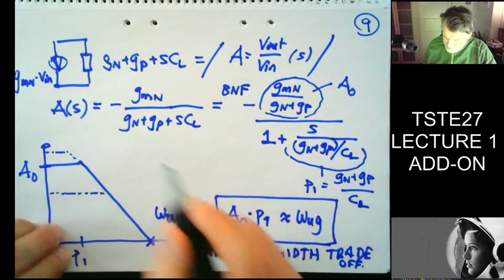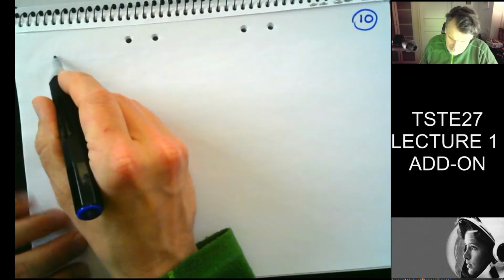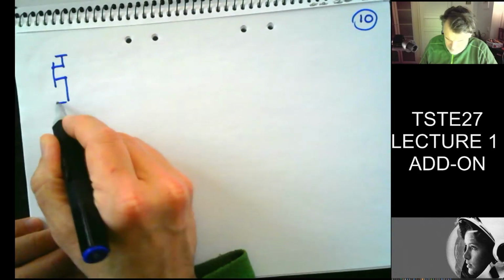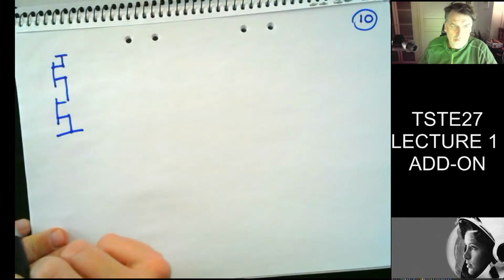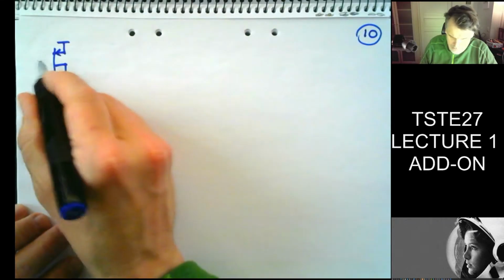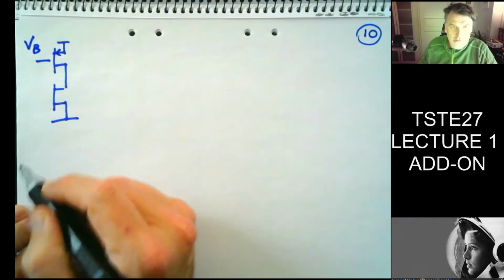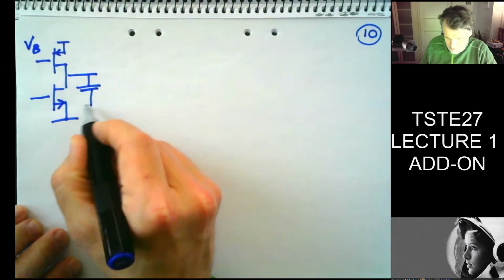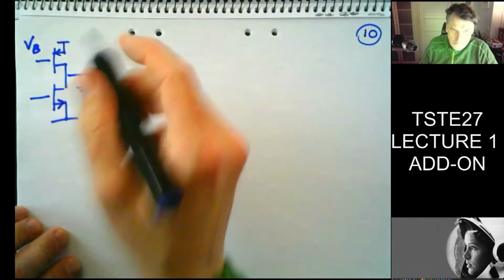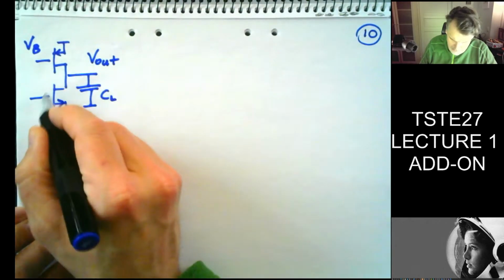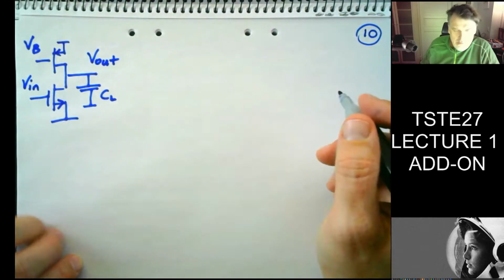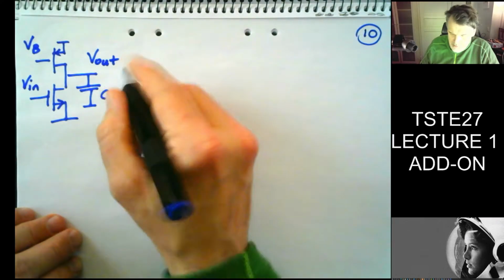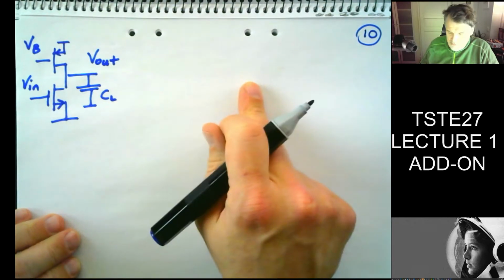So we had a transistor stage with an active load like this. We have a PMOS on top and a constant bias voltage, and then we have our input signal, and then we had a load capacitance CL. We have V out and V in, and then we did some derivations here with a small signal schematic, and